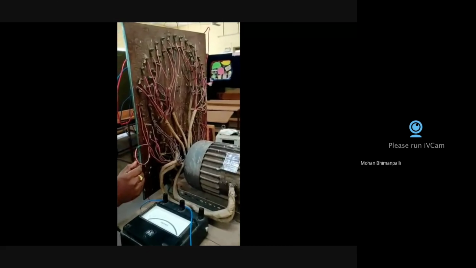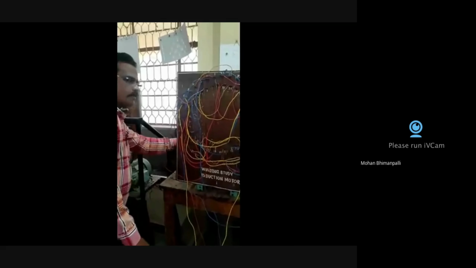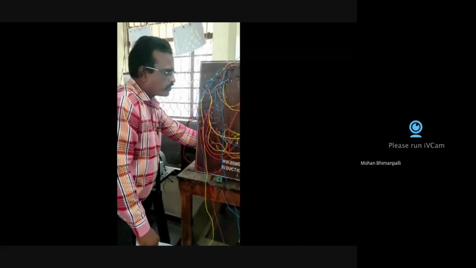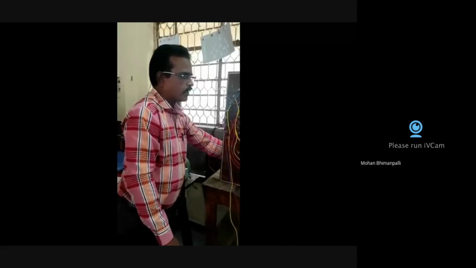If you see here at the cardboard, one dash indicates the conductor of number 1 slot. Like this, there are 36 slots arranged in a very systematic manner. The wires have been brought out from this three-phase induction motor. This motor is actually specially designed. Nowadays, if you go to the marketplace, you won't get it. If you ask, it will cost tremendously.